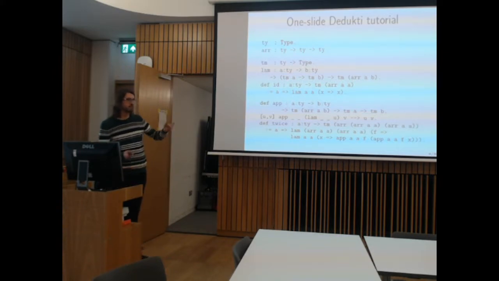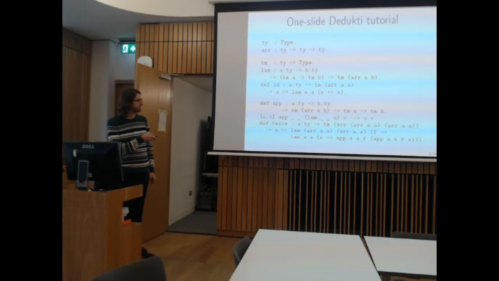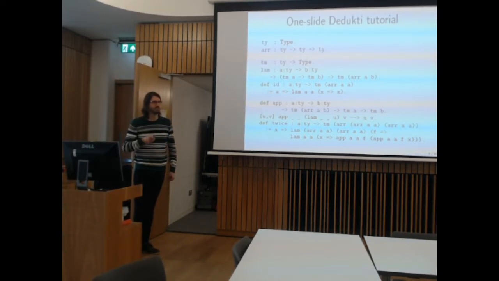And then we can also define symbols with rewrite rules. So here, for example, I want to define the application, right? So this is going the other way. We have a term of type arrow A B, and we want to apply it to a term of type A. But now I also define a rewrite rule, so that application of a lambda to some argument reduces to the body applied to it. So this is defining the beta reduction for the simply typed lambda calculus.